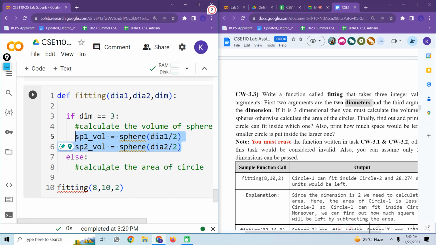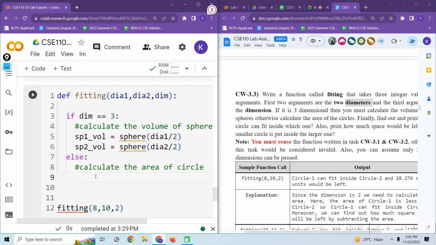Similarly, I have to do the same thing for the circle function, because if the dimension is not 3, then it will calculate the area of the circle. So you just have to do the same thing for the circle function. So suppose circle 1 area equals something, you have to call the function here, and circle 2 area equals